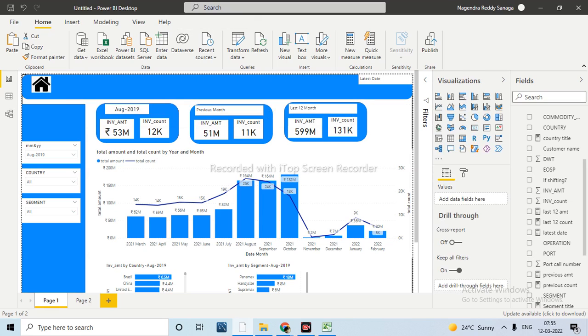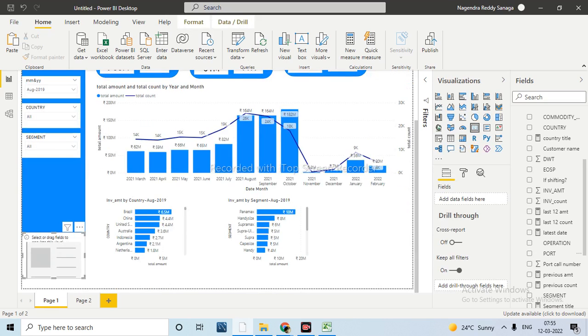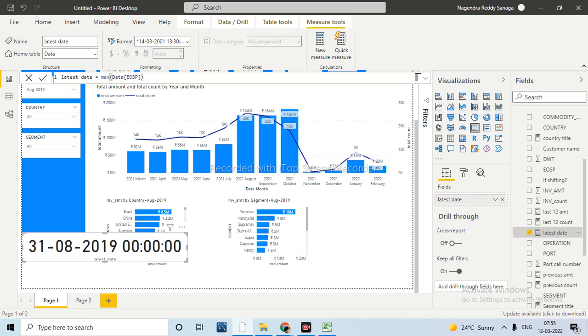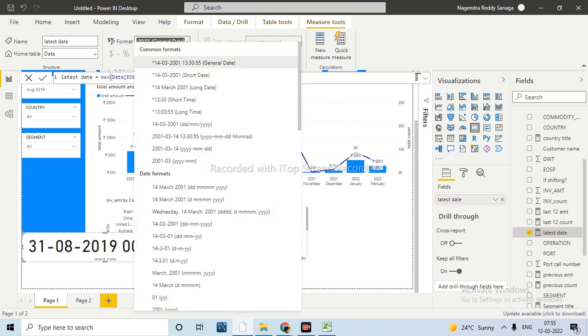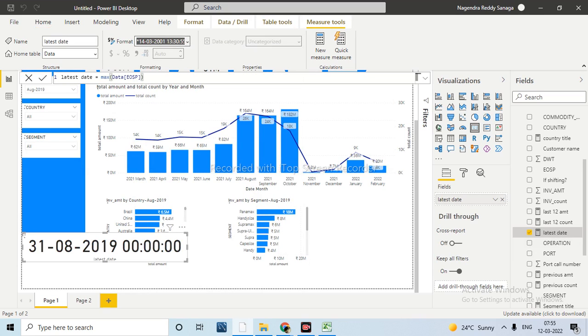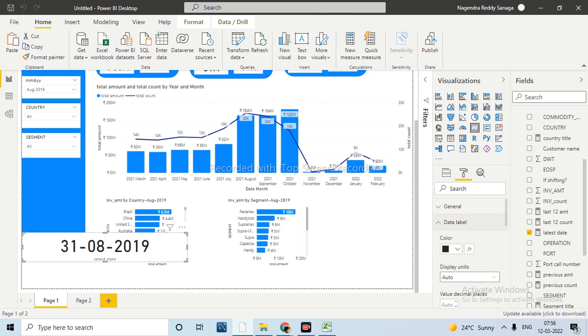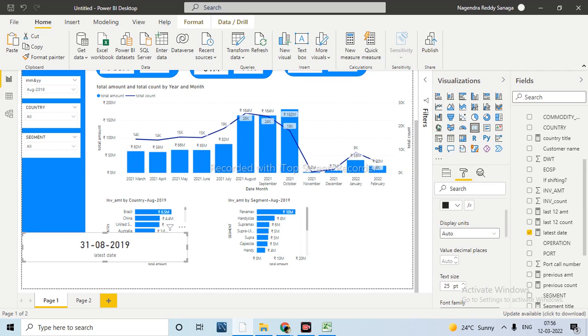Okay. Now let me take a card, and the date which we have written here, right, is this one. Let me delete the time from here. We'll take the date only. Just the short date is enough. And decrease the font size. Category label, let me make 25 font. And I am deleting this data label which we have.